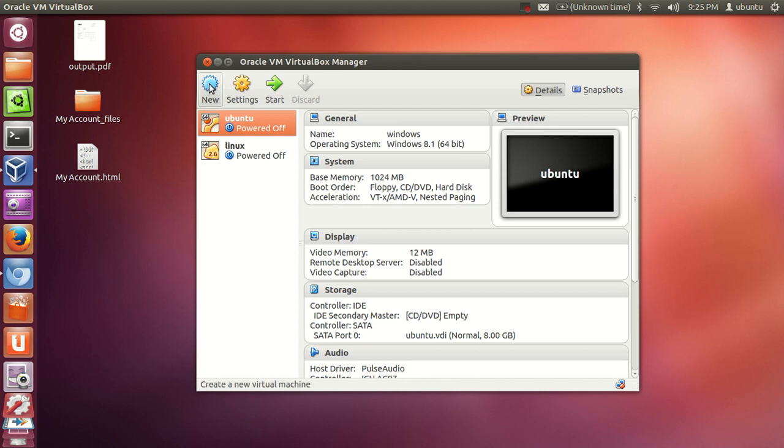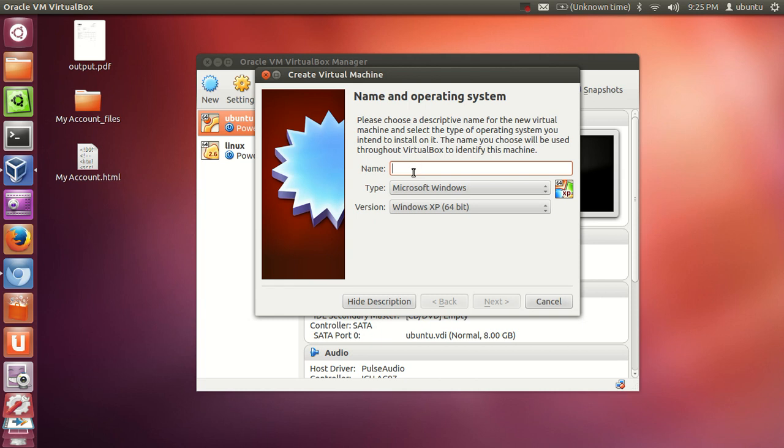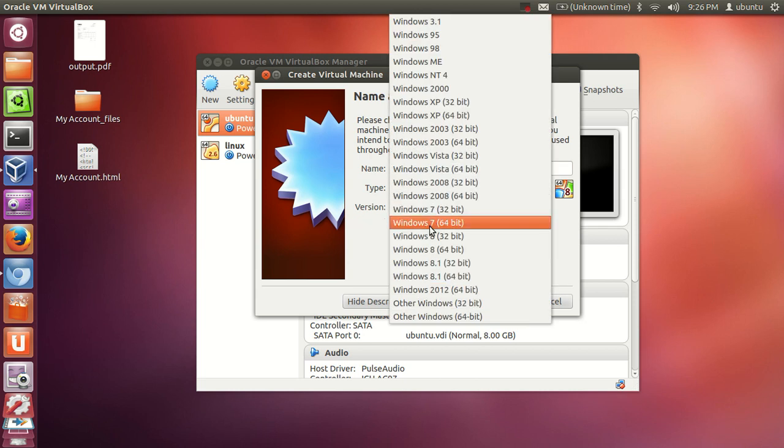So what I'm going to do is click this New, and in here I will choose the name for my Windows. So I will name my Windows Windows 8.1, and in here you can see it has automatically recognized that I want the version Windows 8.1 and the type Microsoft Windows. If you don't see Windows 8.1 64-bit here, you can just click this combo box and choose Windows 8.1 or whatever version of Windows you have, and you also need to choose the bit version you have downloaded. I have downloaded the 64-bit version of Windows 8.1, so I will select 64-bit